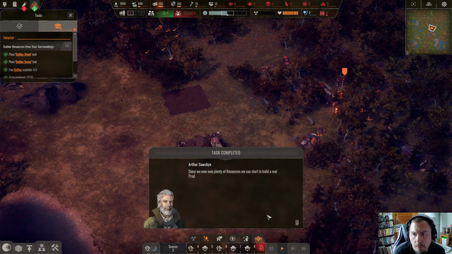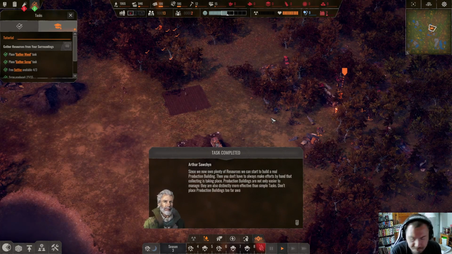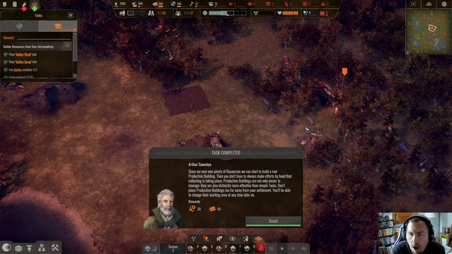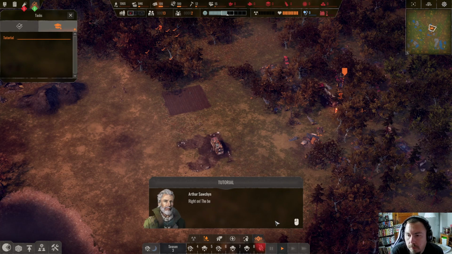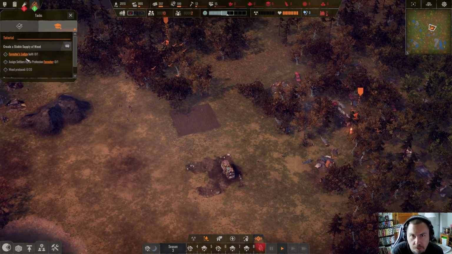Since we now own plenty of resources, we can start to build a real production building. Then you don't have to always make efforts by hand that collecting is taking place. Production buildings are not only easier to manage, they are also distinctly more effective than simple tasks. Don't place production buildings too far away from your settlement. You'll be able to change their working area at any time later on. Right on. The best thing for us to do now is to build a forester's lodge to automate our supply of wood and make it more effective at the same time. Foresters are not only able to... Okay, I know that from playing other games, so...